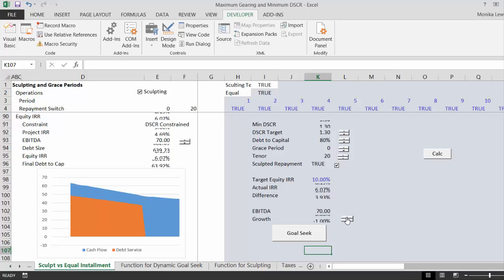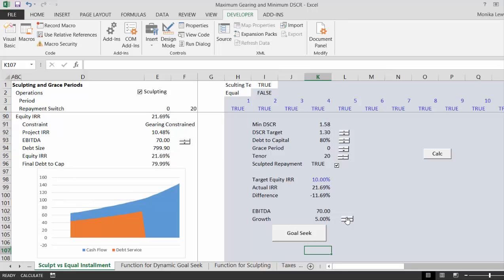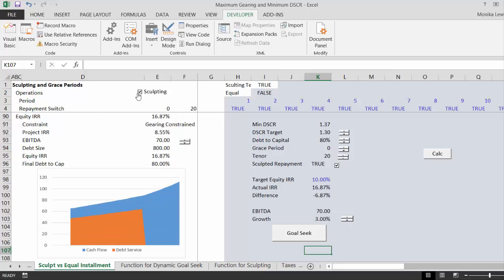On the other hand, the pattern is kind of funny. In this case, let's put 3%. Okay. Sculpting gives 16%. Non-sculpting gives 11%. You can start to see this. Now what I'm going to try to explain, it's easy to explain why it happens, but the subtle effects of what happens. And I suppose if we put a grace period in, we can try it with sculpting,